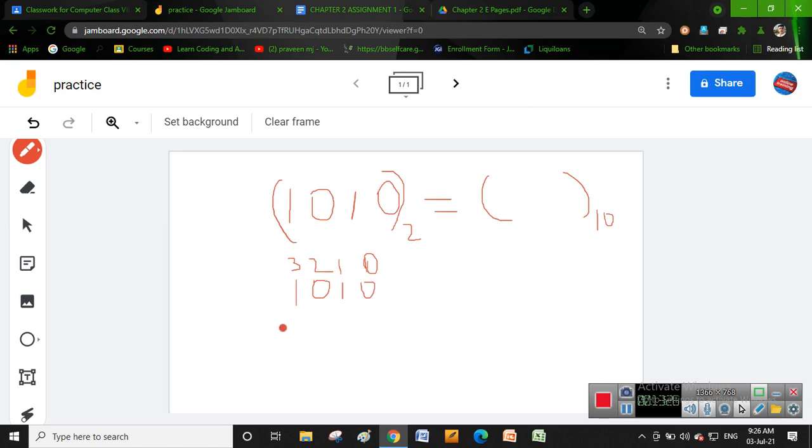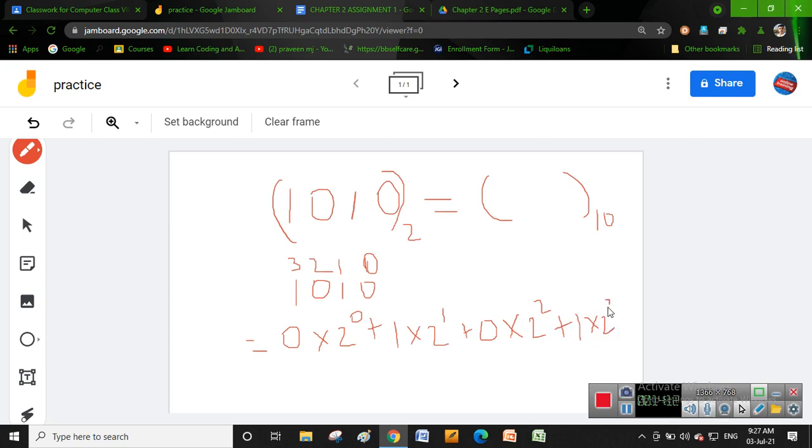Now multiply each digit with the position value, that is, 0 into its base to the power position value, plus 1 into its base to the power position value, from the right side. I am doing multiplication and adding together, but in our algorithm steps it is shown that we multiply each binary digit with its base to the power of the position value. So then, 0 into 2 to the power 0 plus 1 into